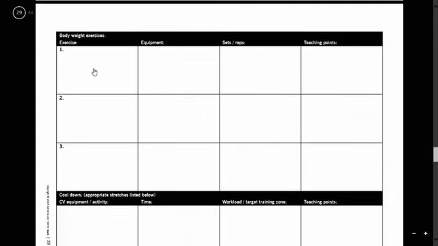Now we're nearly there. This is the bodyweight section. So we'll choose 3 bodyweight exercises. And I'm not going to do this for you this time. I'm going to leave this up to you. So it could be press-ups, sit-ups, pull-ups, or a back extension. The equipment that we need is going to be very minimal, but if we're doing something like a pull-up, we're going to need a pull-up bar. If we're on the floor doing a sit-up, you'll probably want a mat or something like that. So go through this, put in the teaching points, and then you'll come to CV.